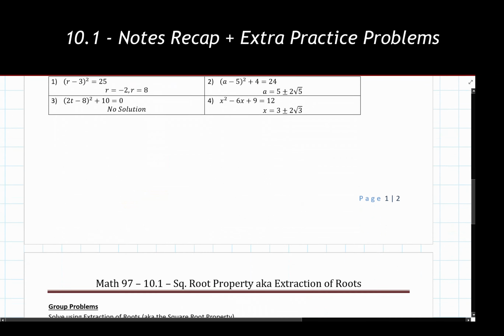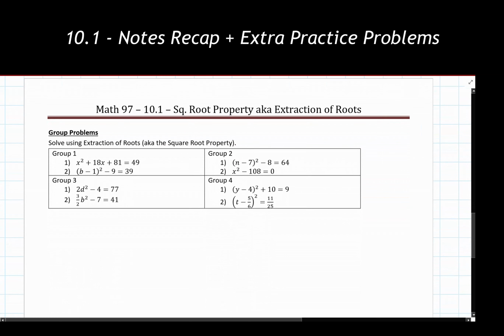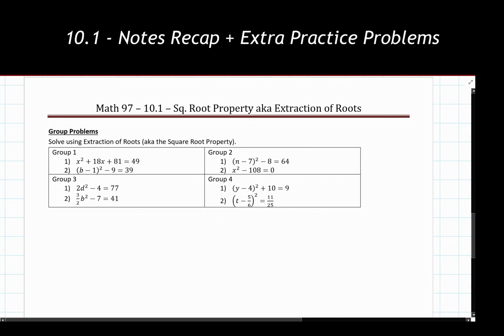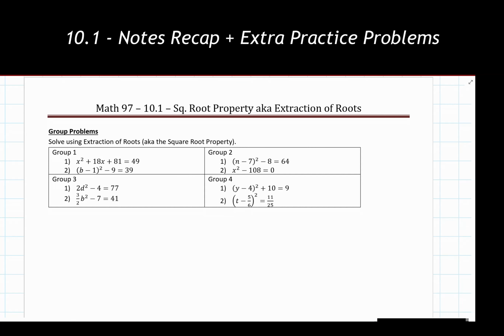So we'll scroll down and give you the opportunity to pause the video here if you'd like some additional practice to give these a try before we jump to the answers at the very end here. Now with all of these, they are designed for you to be able to use the extraction of roots and square root property. So when you're looking at this problem that we have here, maybe we look to see if we can rewrite that at all before we actually get to using and applying the square root property.